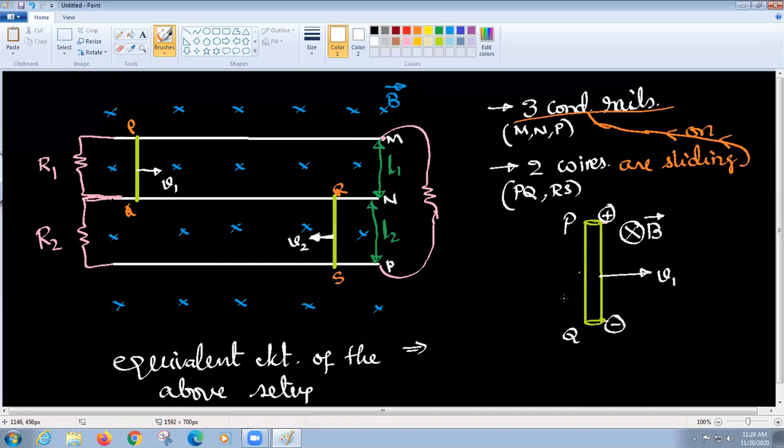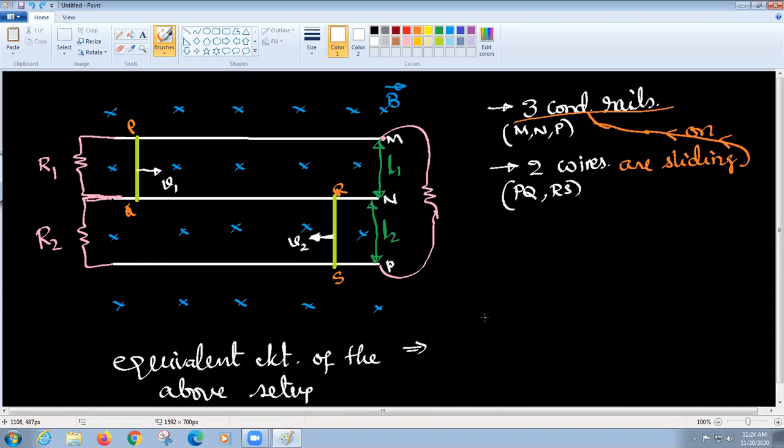That means what I can do is this. I would like to remove all the stuff. Okay, so let me redraw this way. So I want to show this PQ now. For that PQ, I have to show positive here and negative here. Now every practical conductor will exhibit some resistance. So therefore it has some R. So this is some R1. And now again the same thing here.